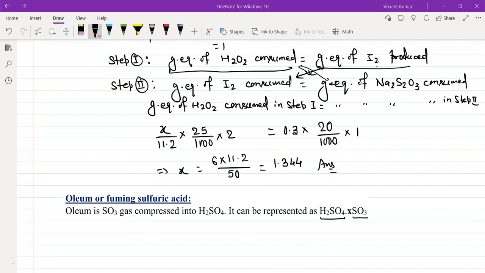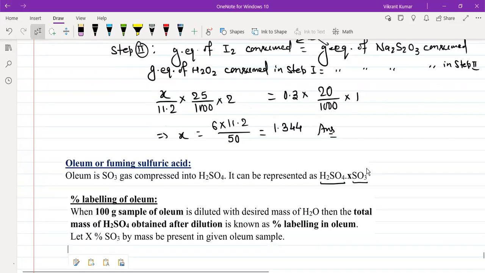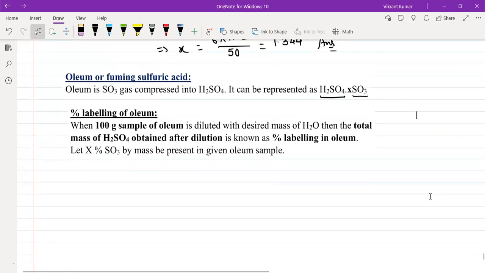Now the concentration term defined for this is called percentage labeling of oleum. I'll just give you the definition. Just look at it, and then we'll explain and understand it. So if you see the definition, it says simply, if I am having 100 gram of oleum,